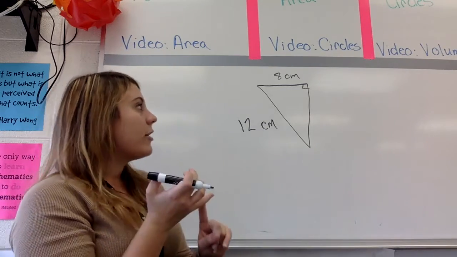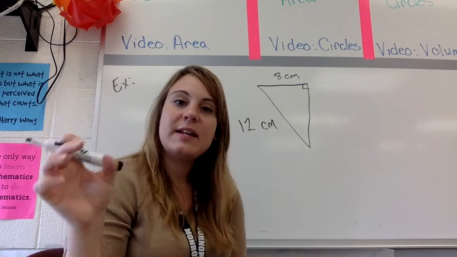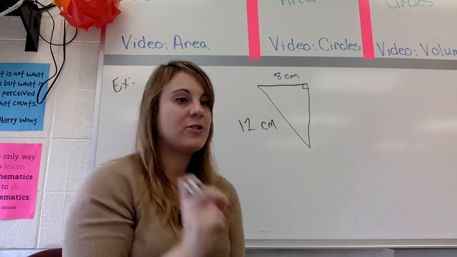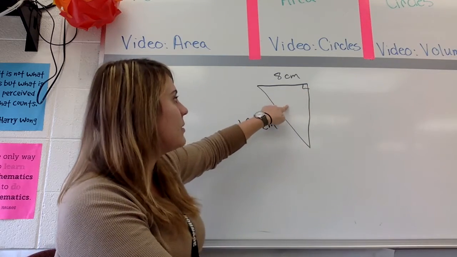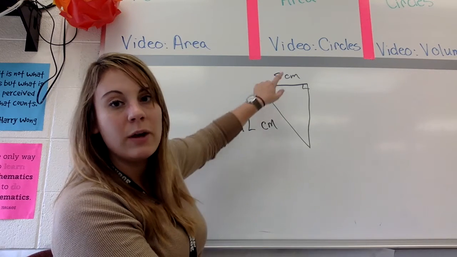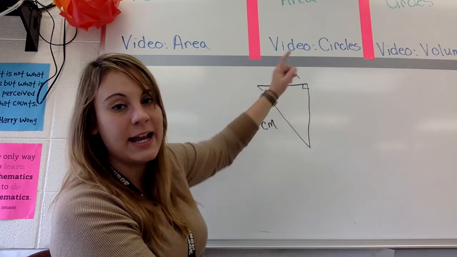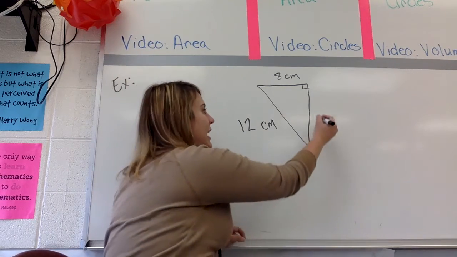So we're given a triangle, a right triangle. It's still a right triangle even though it's kind of upside down, all right? The orientation of our triangle doesn't matter. We still have a right angle, right? Notice though, in this one we're given the hypotenuse as 12, okay? We're given a leg of 8 centimeters and a hypotenuse of 12 centimeters,